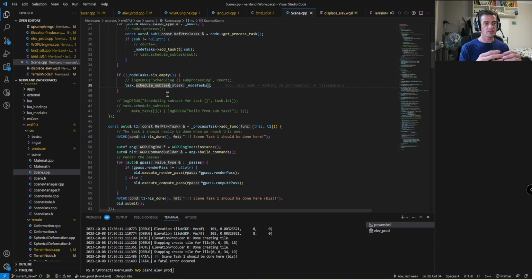You have this initialization process when you request the execution of the task graph itself, but I found that it was not really enough, because when you want to render your terrain, for instance,